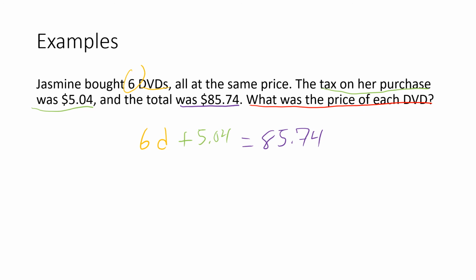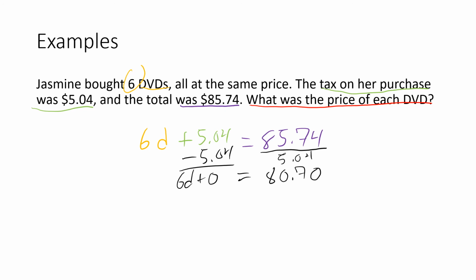So what do we do? Well, we start by subtracting. So we have 0 there. So that is now 6D plus 0 equals, subtract $5.04. So that's going to equal $80.70. So now we have 6D equals $80.70. Divide by 6, cancels those out, divide by 6, and D equals, again, get out our calculators,